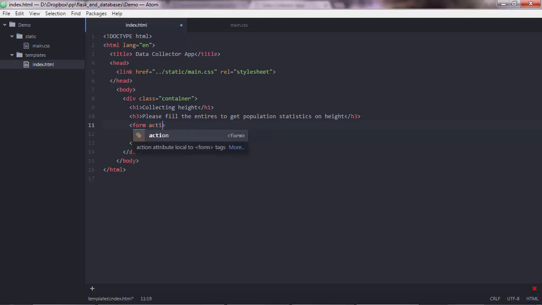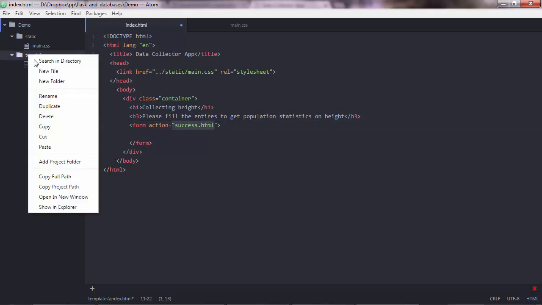So you need to perform an action after the user presses the button of this form. So when the user presses the button of this form, what you want to do is go to this URL, which in this case is just a file that we'll be creating in the templates folder. So here we'll have a